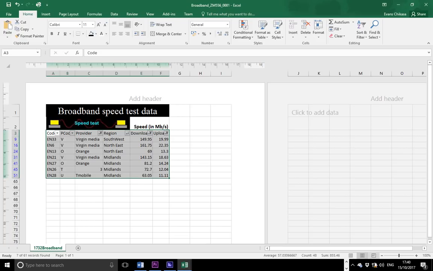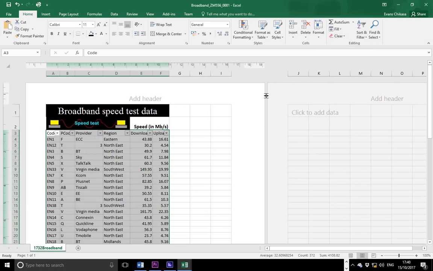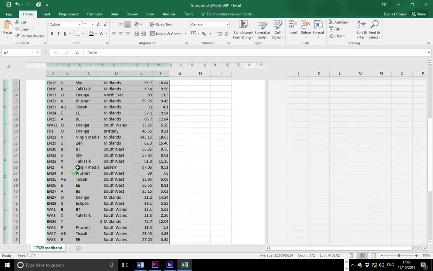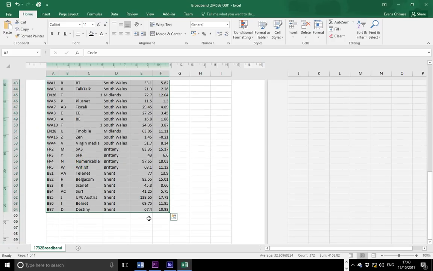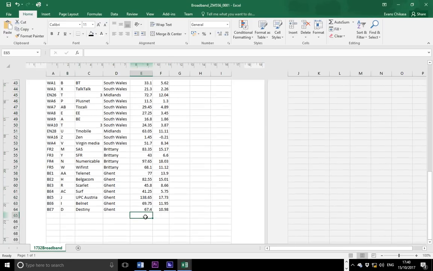What we need to do now is to just clear all the filters that are there, clear everything, so that we have our table back to normal, and we need to put the average download speed. So the average download speed is equal to average,